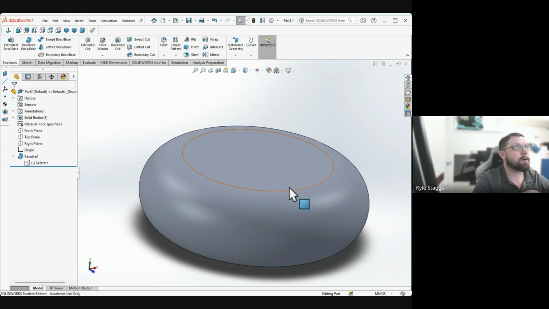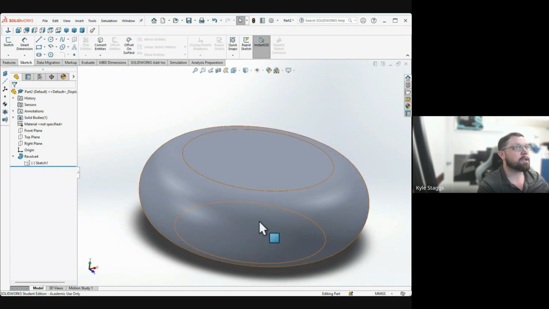So the features are things that you do to the geometry of the sketches. The sketches are the things where you include the detail. So you get as much detail as you can in the sketch, and later on at the end,